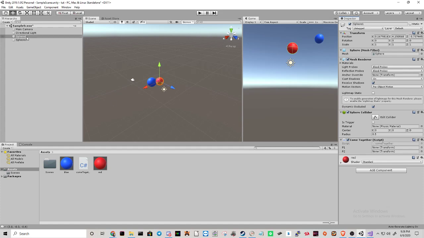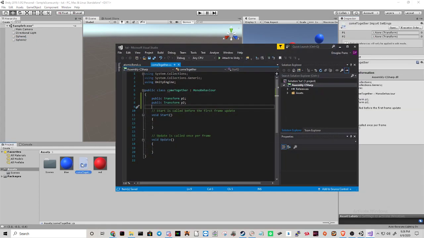So if we click sphere 1 way on the left, drag it over into P1, there's now a link. P1, the variable in the code, is now attached to the sphere 1 object in the game, and P2 to sphere 2 now. So if we come back and click this,